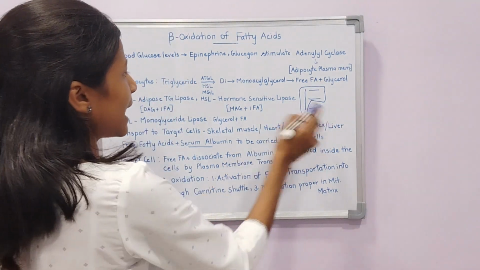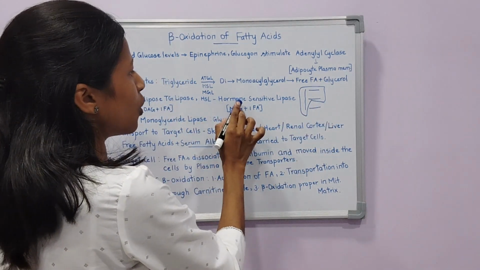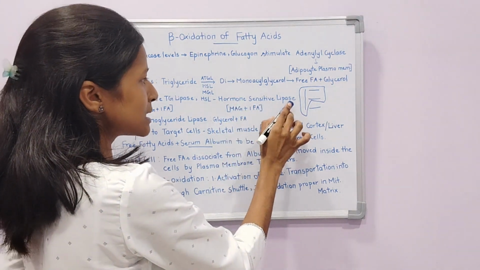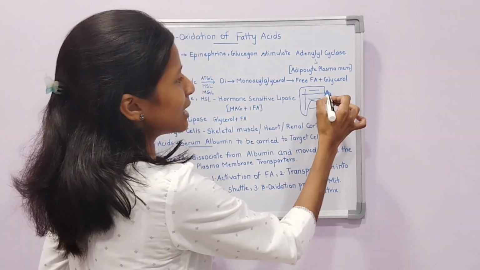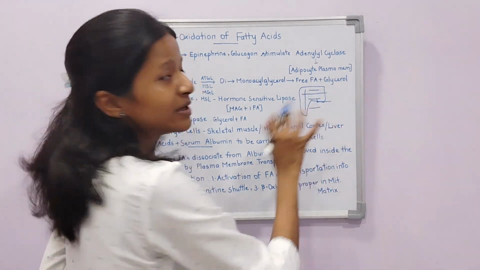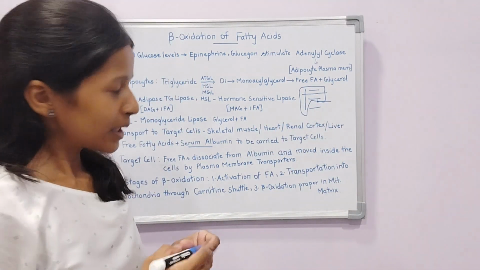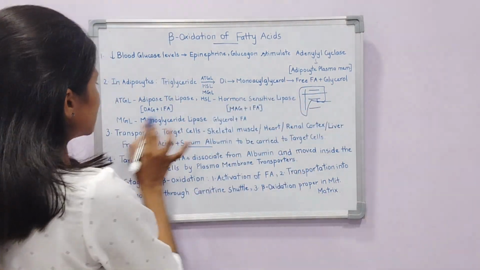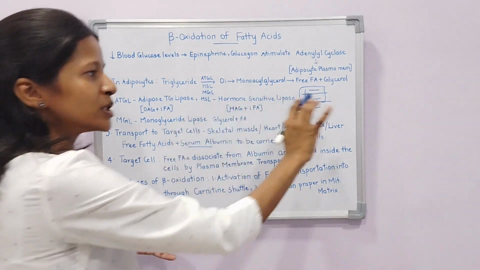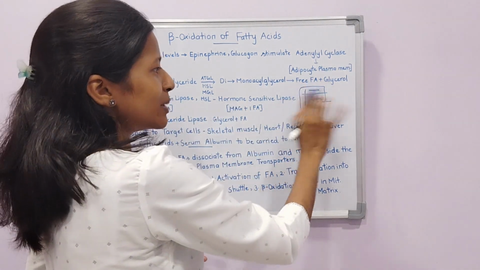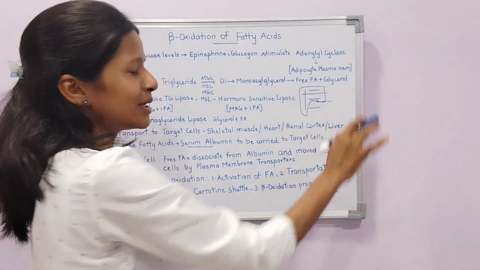This is then acted upon by HSL, or hormone sensitive lipase, which then breaks it down into a monoacyl glycerol and another free fatty acid is liberated. Finally, this is acted upon by MGL, or monoglyceride lipase, which breaks this down into a glycerol molecule and another